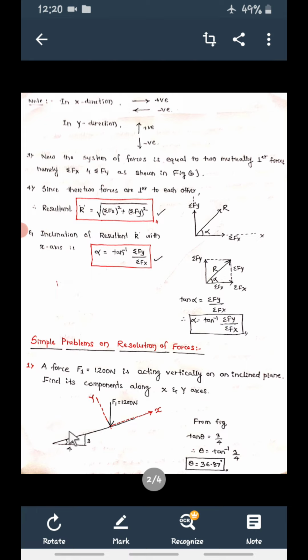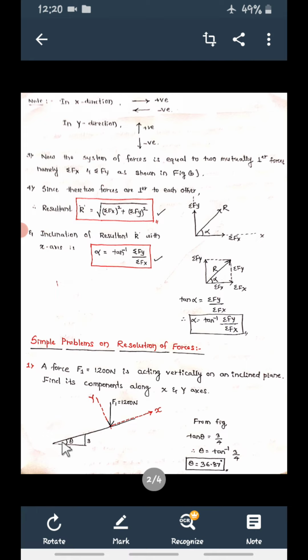Now see, this is given as the x direction and this is given as the y direction. So we have to find the component of this force along x and y, that is F1x and F1y. A small triangle is given here and this angle is theta, with sides 3 unit and 4 unit. When you want to resolve the force along x direction and along y direction, we require the angle.